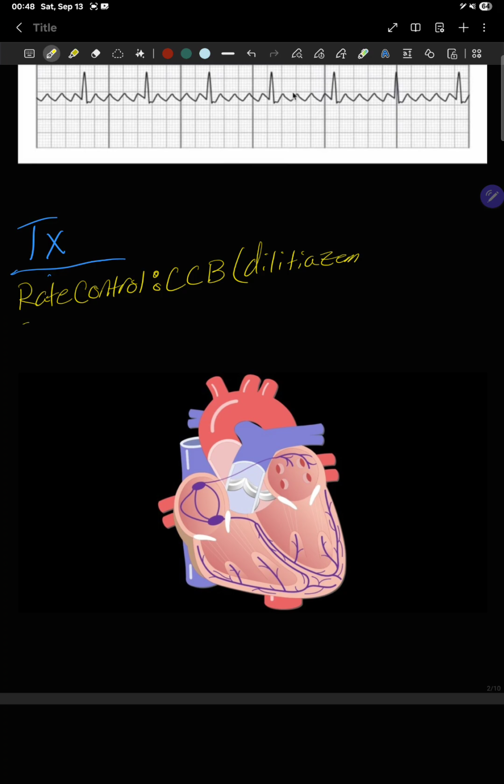Okay, now we can also do our beta blockers, because we're trying to decrease the workload on the heart. So we're going to be doing one of these. We can also do amio,